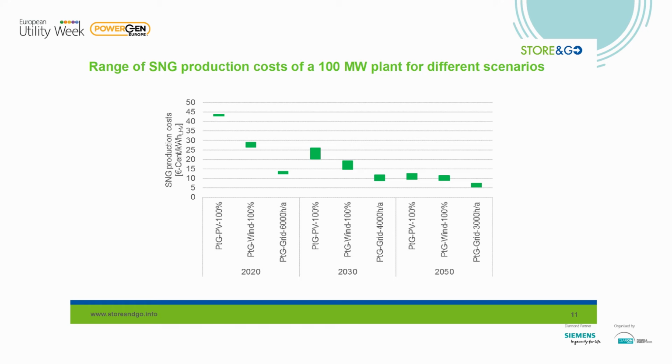One scenario was that this plant was supplied with renewable power from photovoltaic, solar energy. The other was wind, and the other scenario was just to use the grid and buy a mix of renewable power from the grid. And what is quite obvious, we think that we will end up in a range of 5, maybe 10 cents per kilowatt hour of synthetic natural gas